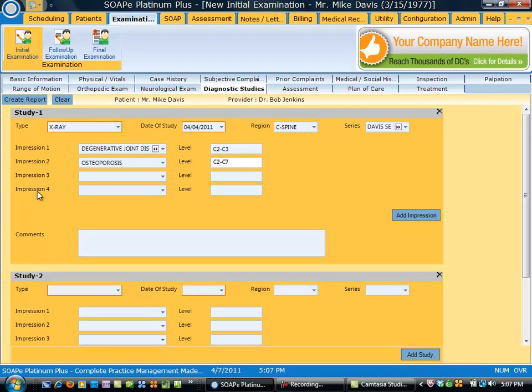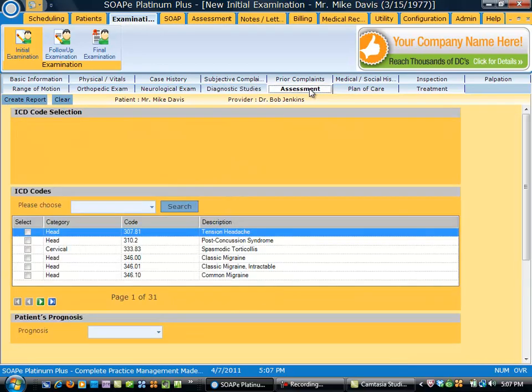And there are 4 impressions by default. If you needed to add an extra 1, 2, 3, you would just click this button and you could add as many as you wanted. And if there's any comments that you'd like to add to the diagnostic study, you would do so in this box right here. Okay, moving on is the assessment tab, and we're going to form or document our diagnosis on